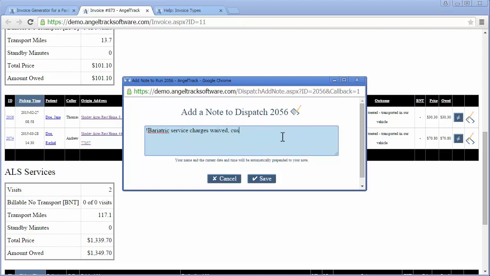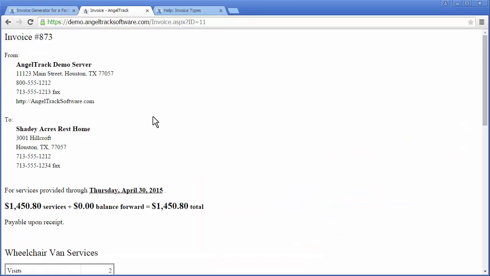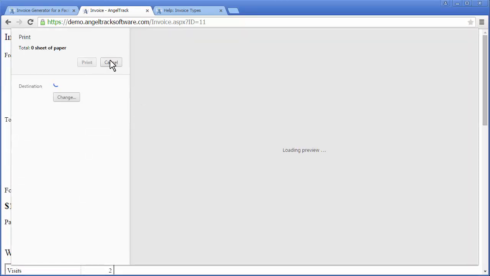Any comment I wish. Now, if I don't include that leading exclamation point, then all I'm doing is adding a note to the dispatch, and it will appear in AngelTrack's records, but it will not appear in the invoice. If I add the exclamation point to the front of the sentence, now when we reprint our invoice,